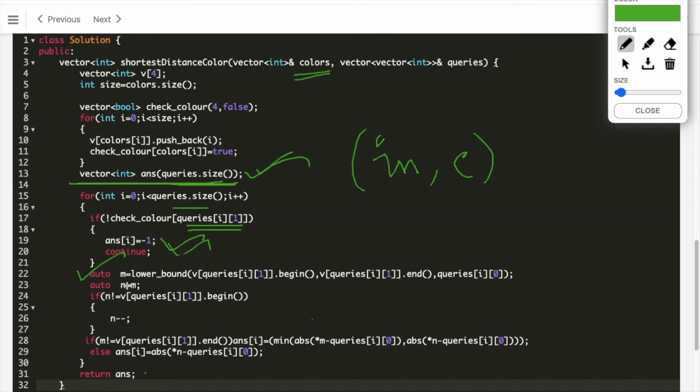What is m? M is the iterator to the value which is just greater than or equal to x, and n is the iterator to the point which is smaller than x. One thing that can occur is that m is pointing to the end of the vector, so in that case we just need to take care of n, and we will not be considering m.